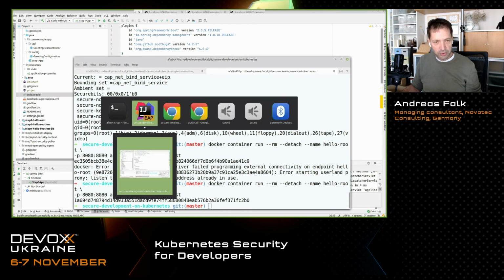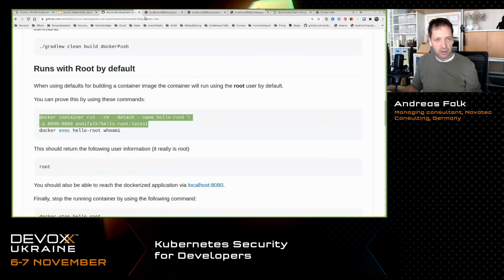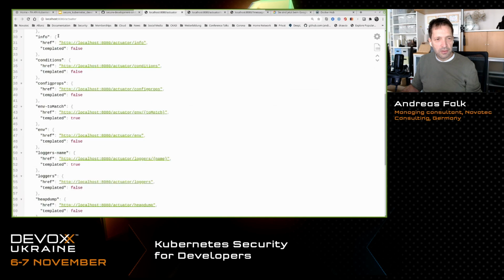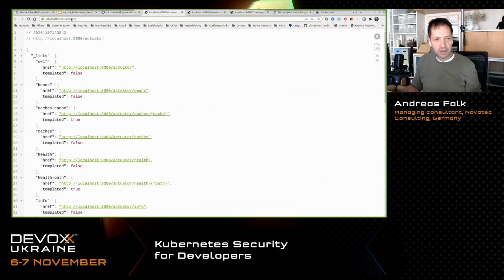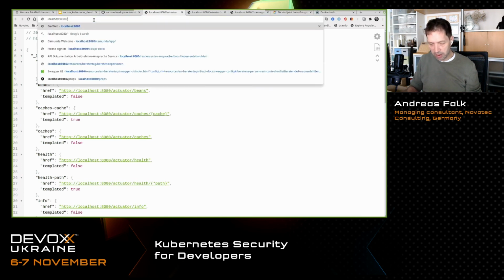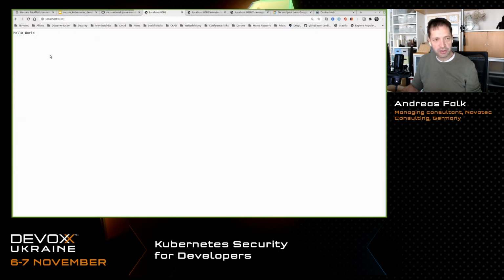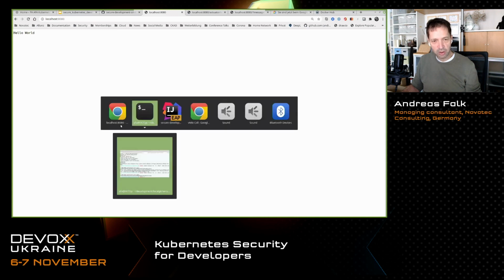So if we now go to the application, that should still be running. What we now see is the application running in the Docker container, not the application in my IntelliJ anymore.